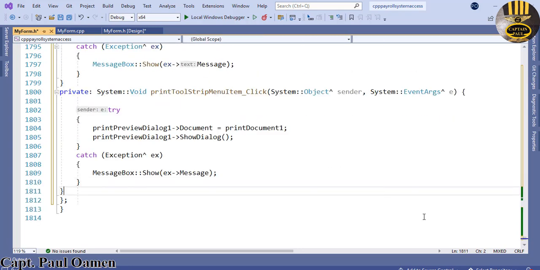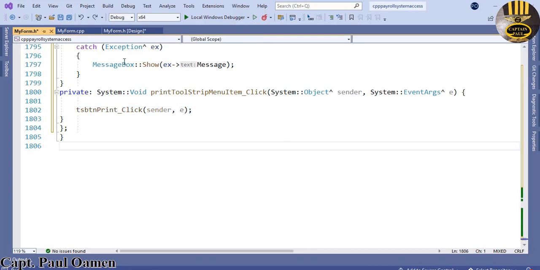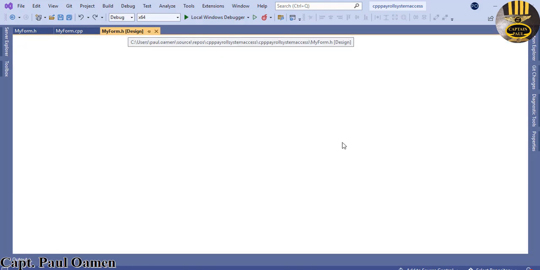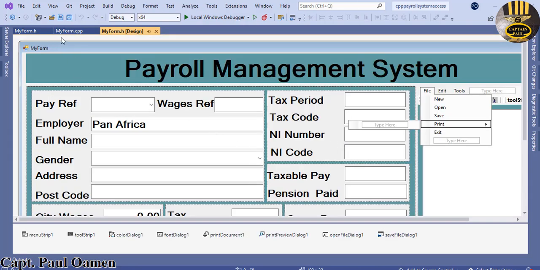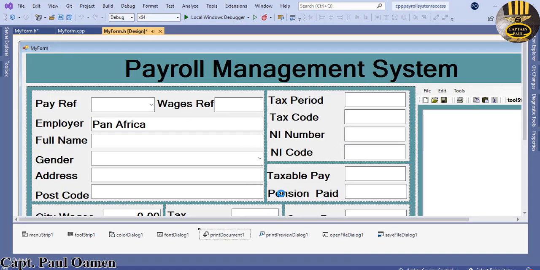There, just like that. It's the same. I'm going to undo that, leave it this way. Alright, now I think there's one more thing for the print that we need to take care of. Save that. We need to take care of the print document itself. Double click on the print document,